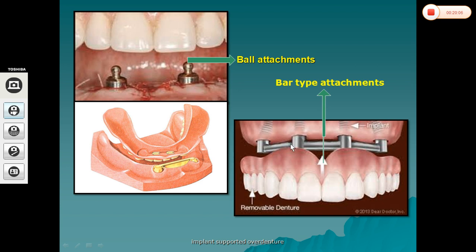Maxillary implant overdenture. One more important feature is implant placement. The area or the position of maxillary implants is very important. If we are not positioning properly, it will affect the overall aesthetics. It will affect the bulkiness of the denture. If denture is bulky, it will affect the aesthetics, or the lip support will not be proper.